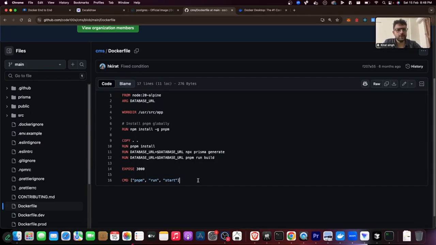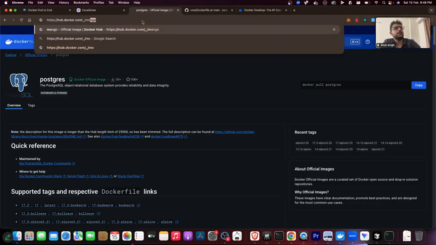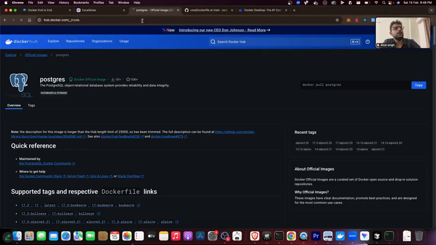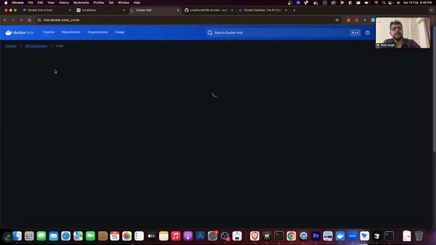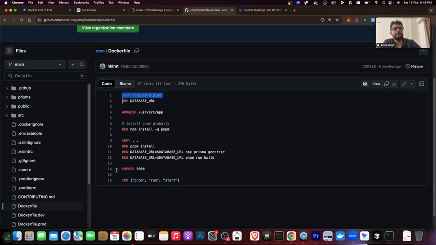But if you try to read through it, let me sprint through it. It has a few parts. From this base image, ignore ARG for now. It's needed for next year's applications. We'll come to it. But this is basically a way to send an argument to a Dockerfile. From this Node.js base image, the 20-Alpine version,